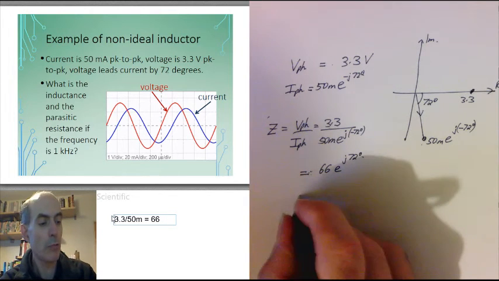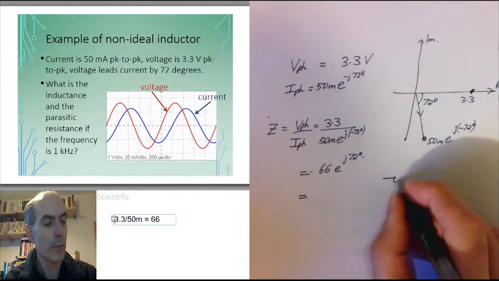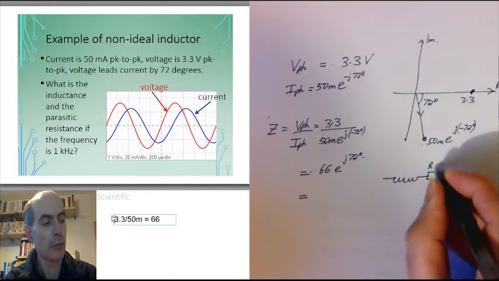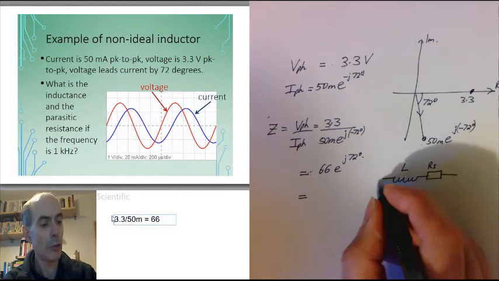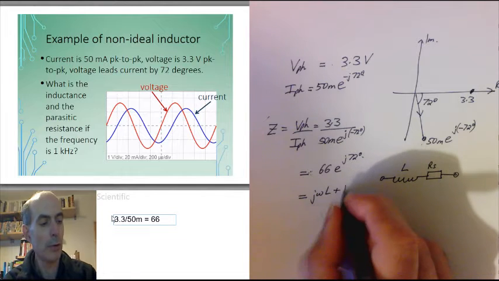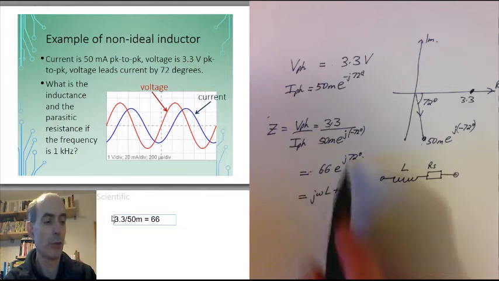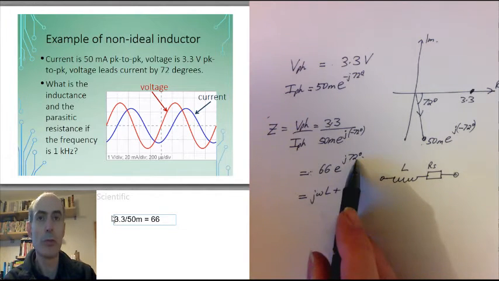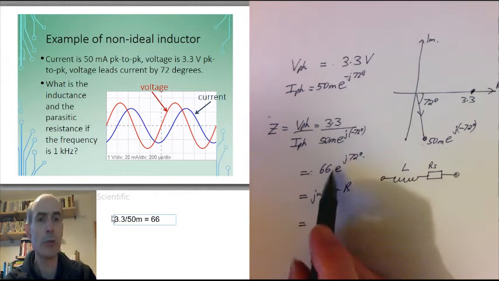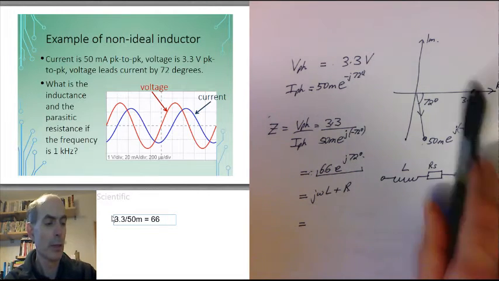It has a real part and an imaginary part. And if we use the model of the inductor, that it's an inductance in series with a parasitic resistance, then the total impedance of this network must be j omega L plus R. In other words, the real component of this complex impedance is R, and the imaginary component is j omega L. So if we just work out what the real and imaginary components of this complex impedance are, well, that would be